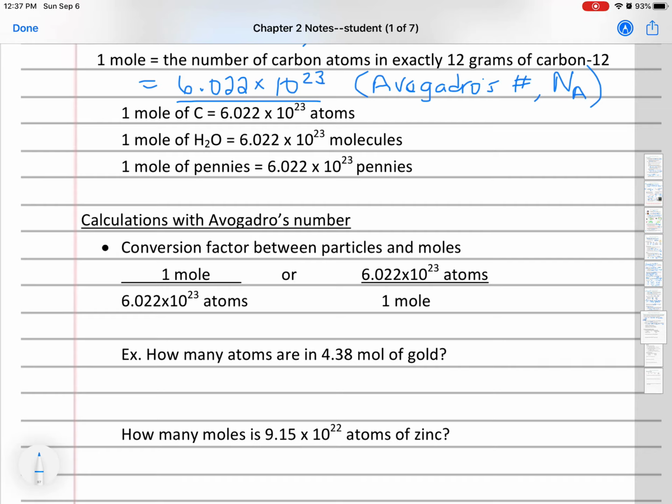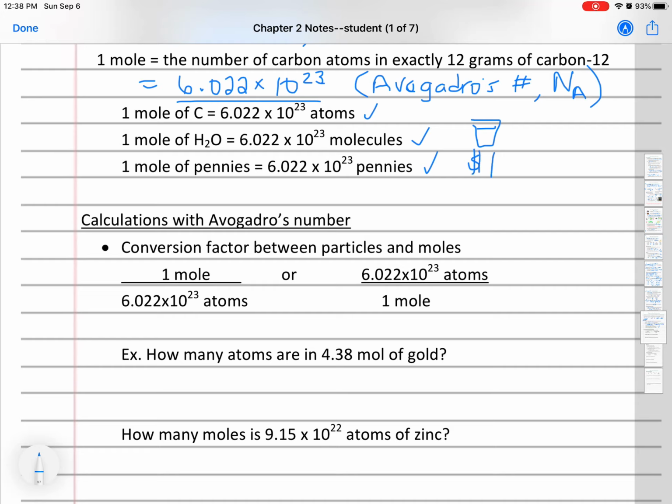Anyway, 1 mole of anything is 6.022 times 10 to the 23rd. So if you have a mole of carbon atoms, that's 6.022 times 10 to the 23rd atoms. If you have a mole of water molecules, 6.022 times 10 to the 23rd molecules. If you had a mole of pennies, that's 6.022 times 10 to the 23rd pennies. FYI, a mole of water molecules is about a shot glass full of water. 18 milliliters is a mole of water,